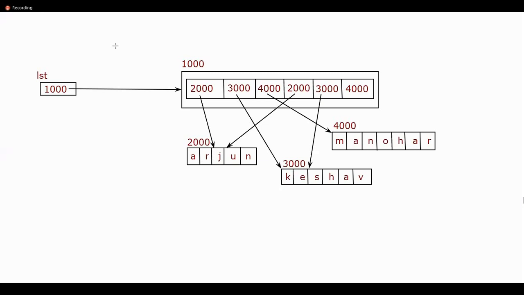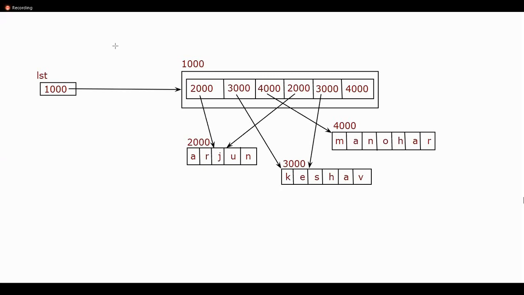With respect to that one simple creation statement that we had written, which is list equal to Arjun, Keshav, Manohar, Arjun, Keshav, Manohar. So again, let us quickly reiterate the questions that would be asked with respect to this particular concept. Is it possible for you to store duplicate values inside a list? 100% yes. And who is going to confirm this to us? It is the print statement. When you try to print the contents of this list, we have seen in the output that we have 2 Arjuns, 2 Keshavs, and 2 Manohars.